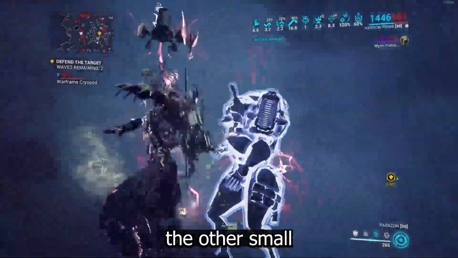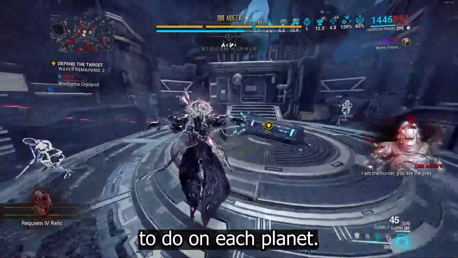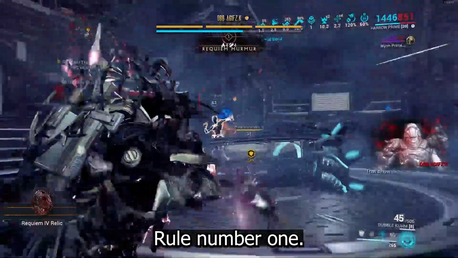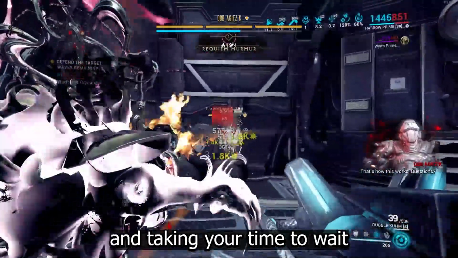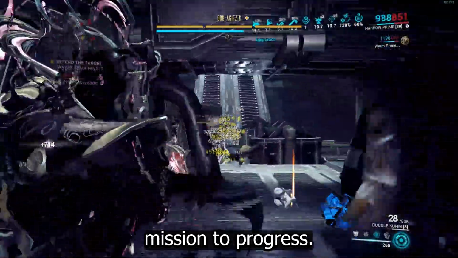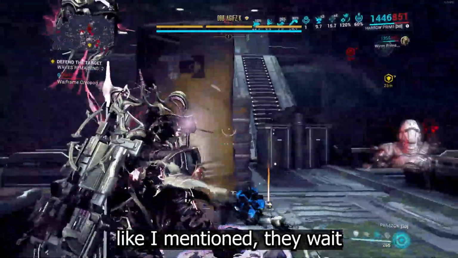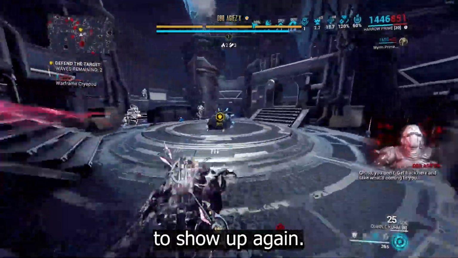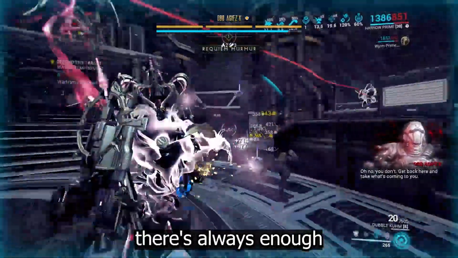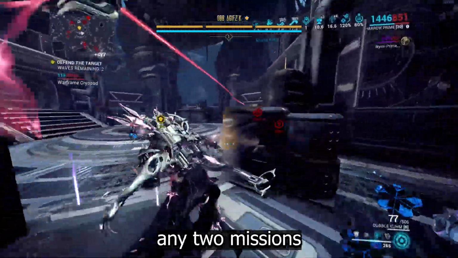The other small and much less important secret I can provide is the order of missions to do on each planet. Rule number 1, if you're playing efficiently and taking your time to wait for spawns, you will never have to play an interception mission to progress. Sometimes if you ignore your Lich or Sister like I mentioned, they wait quite a while to show up again, but generally there's always enough missions on each planet to avoid interception and spy, or really any 2 missions you